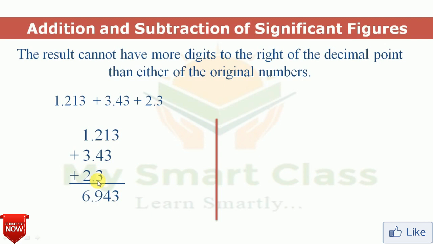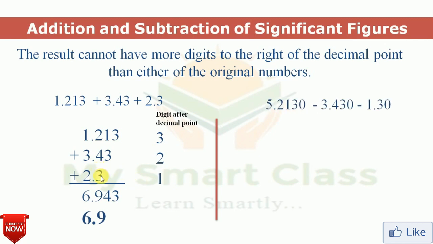In this case, after the decimal point we know one digit, but two digits are unknown to us. This 4 and 3 which is in the answer is an uncertain answer. So the rule is that we have to see how many significant digits are after the decimal point. Here 3, here 2 and here 1. So our answer should not have more significant digits than the lowest one. Like here there is only one decimal place, so our answer should contain only one decimal place, one digit after the decimal point.